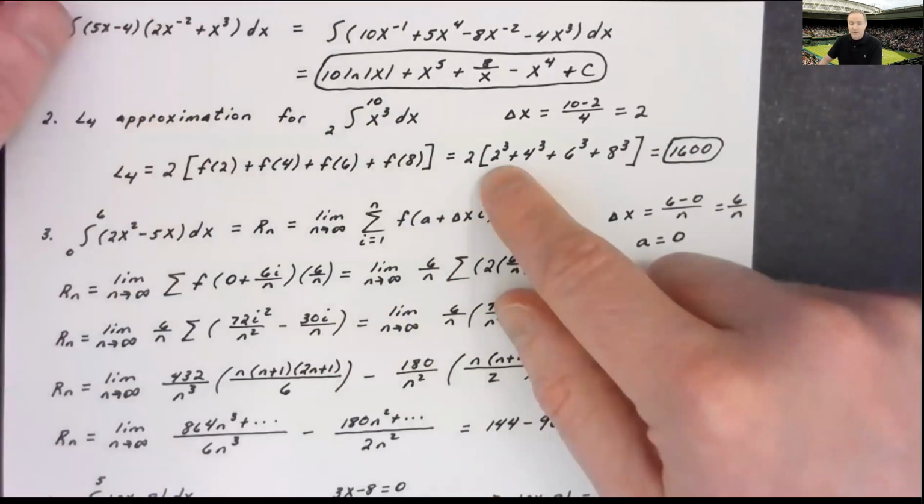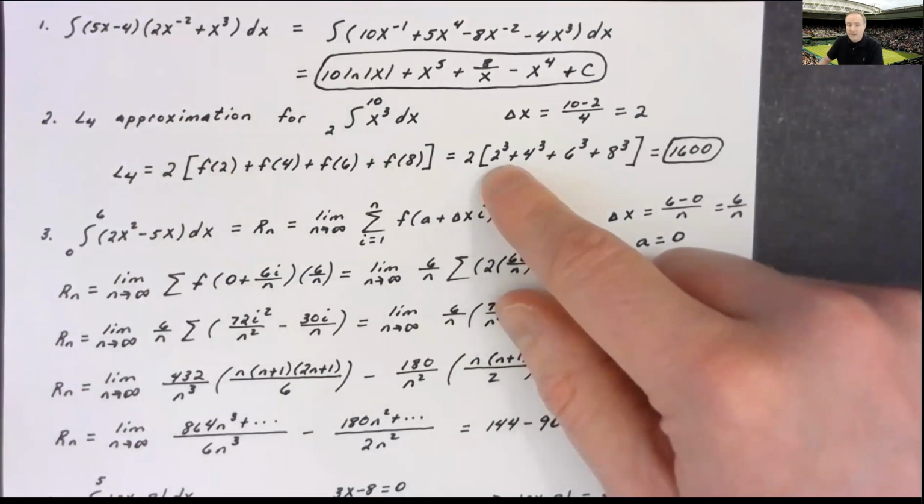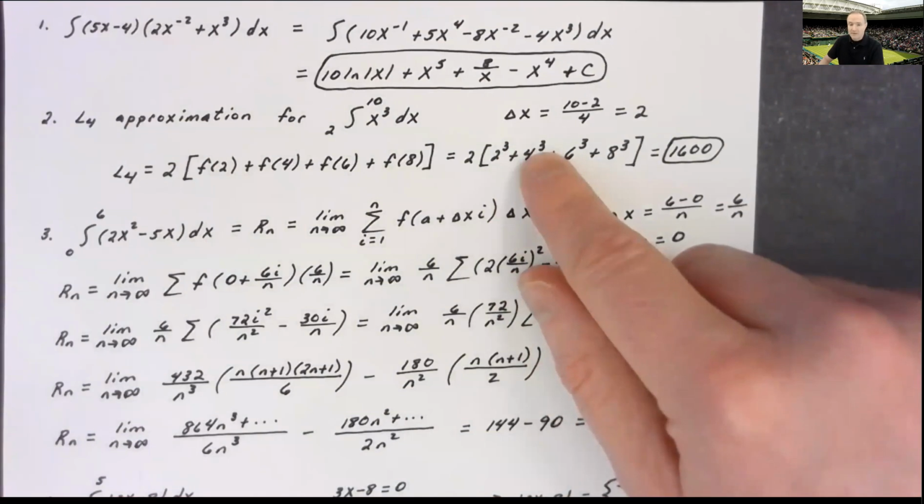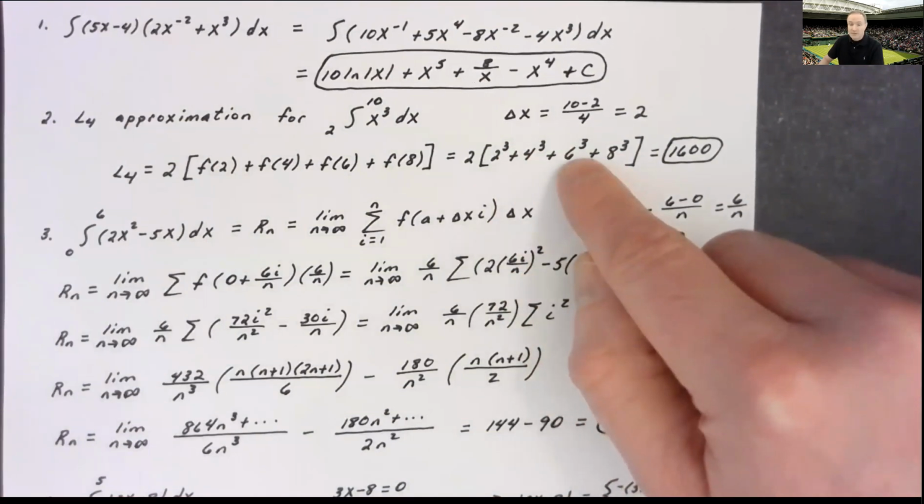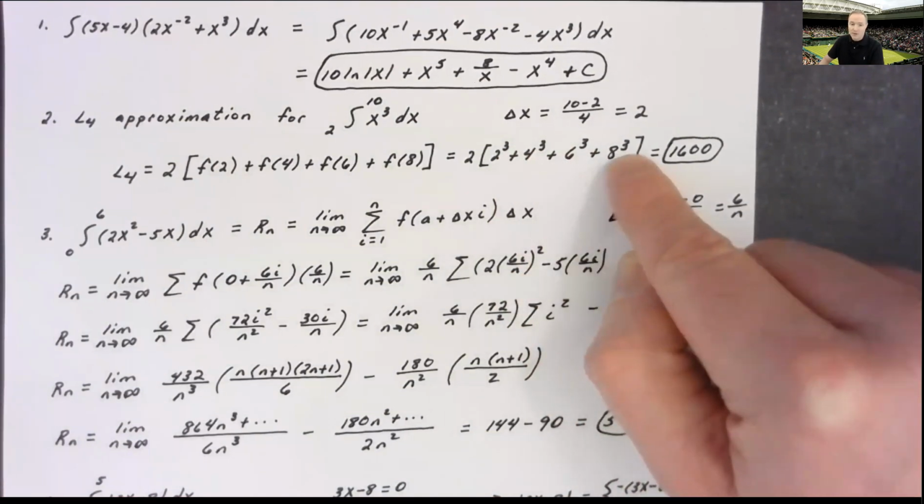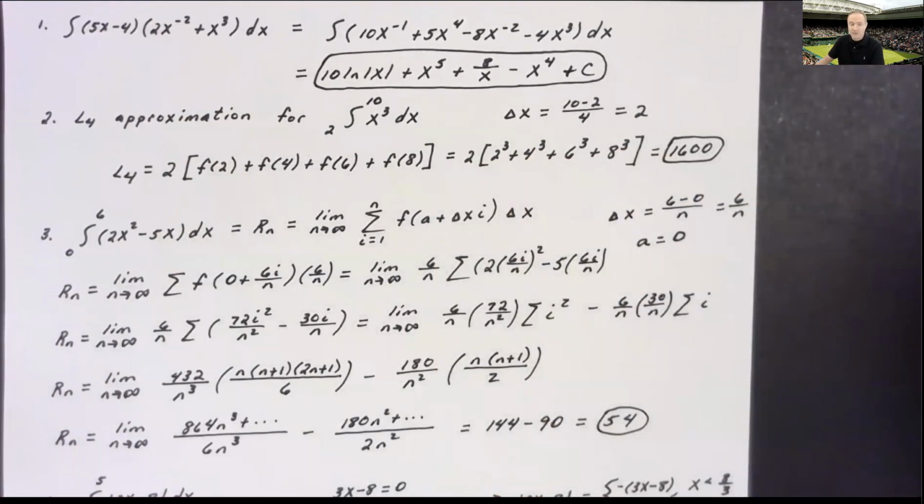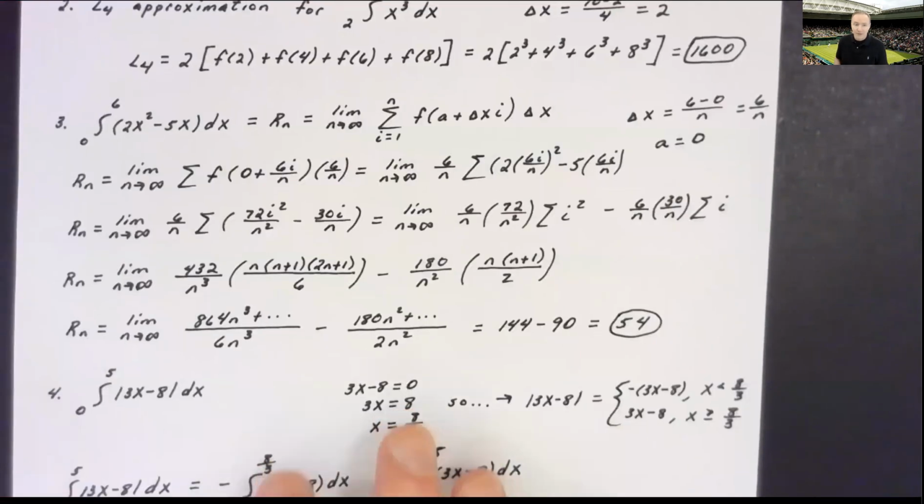Now for our final answer, the left-hand approximation L4 is going to be 2 times, I know this is 8, this is 64, this is 216, this is 512. You multiply all those by that sum, you get 1600 for the L4 approximation. Good answer. Now, for my next problem here, I'm asking for the infinite Riemann sum to represent the integral